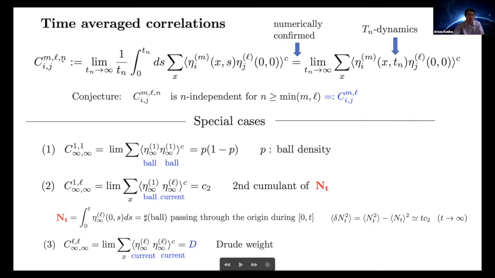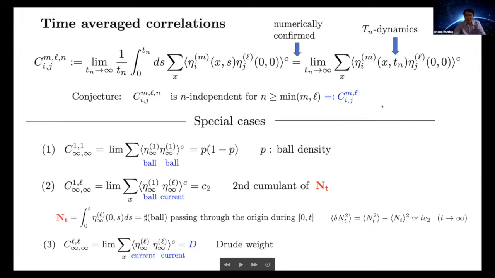So n specifies the dynamics, index t and dynamics. And the other four indices naturally come from this double index current. And so naturally, we can expect that this time average is replaced by this quantity, but it has been well numerically confirmed. So we assume that. And also based on the numerical simulation, we conjecture that this nasty five indices reduce to